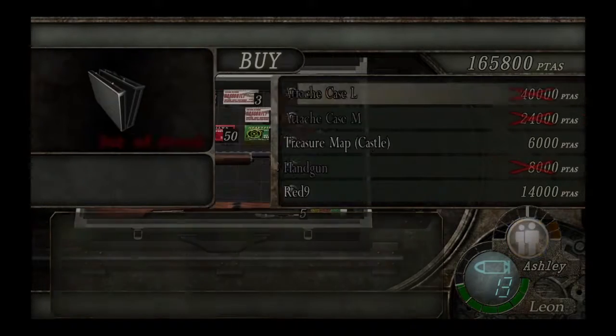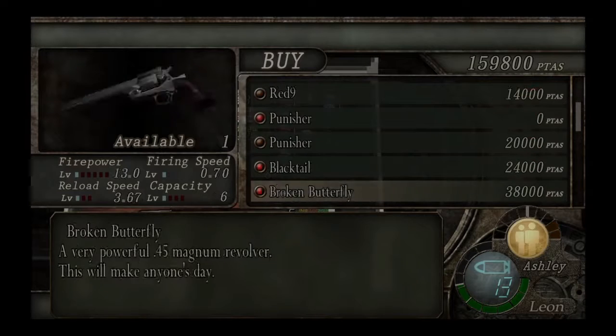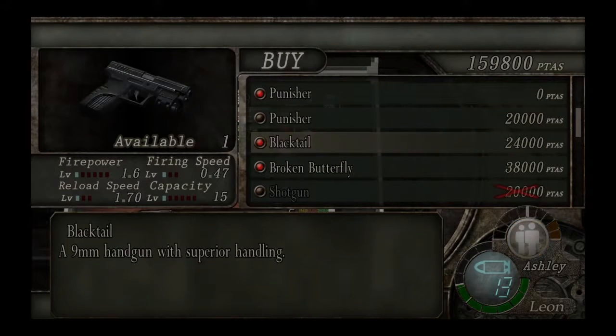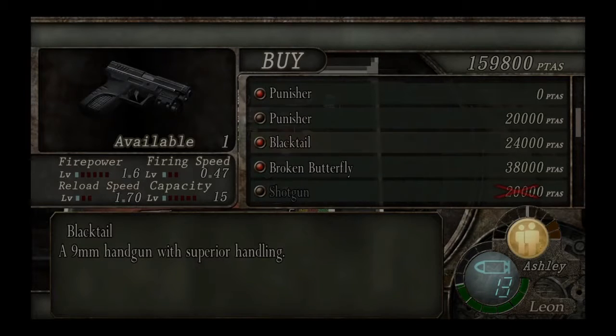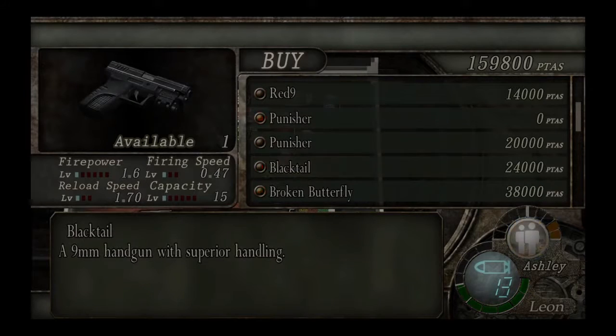And of course once we've hit this stage he's going to have a larger attaché case and a treasure map. Those are the two that you really want to be buying if you can. The Blacktail is a very nice and a little bit better pistol. As you can see, it has higher stats than, say, the Punisher,